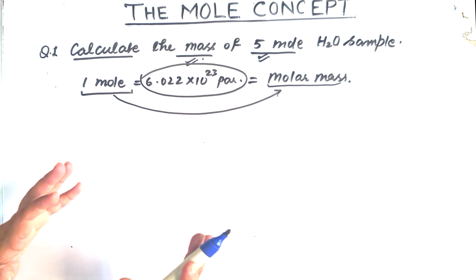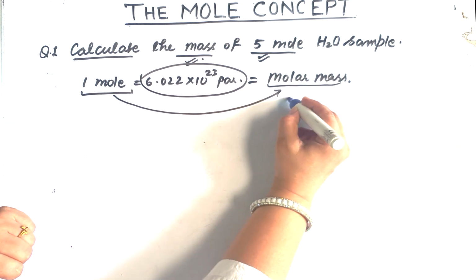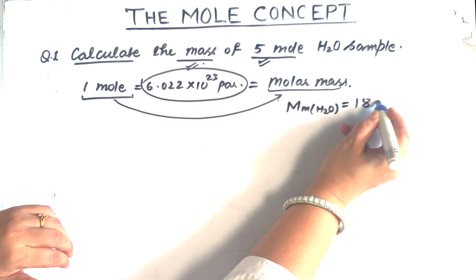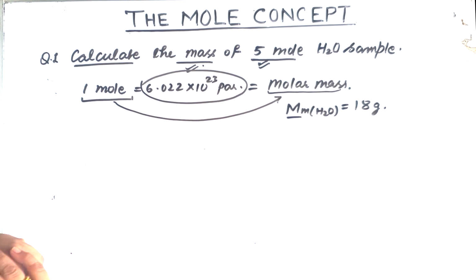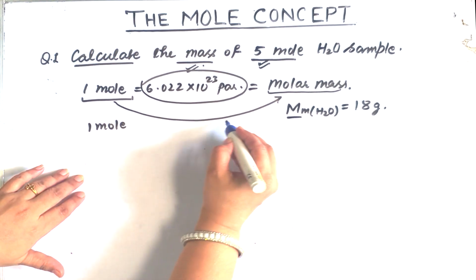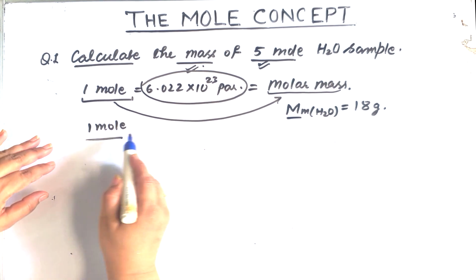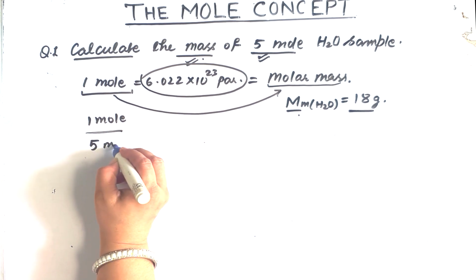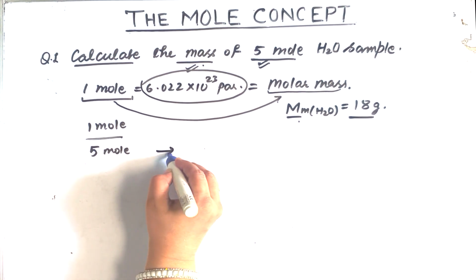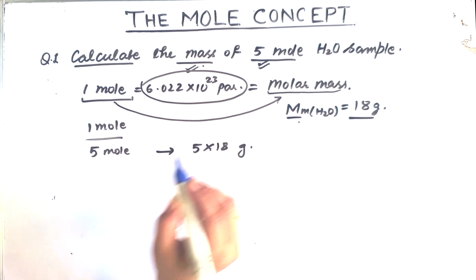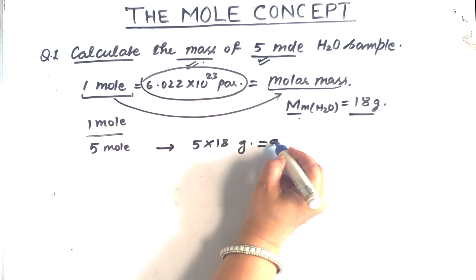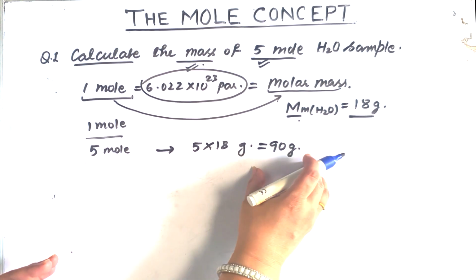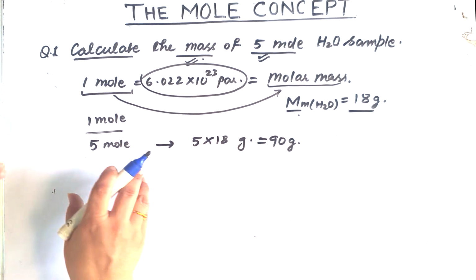So first of all, whatever is given, you just take out its molar mass. Here I have already calculated the molar mass of water, and this is 18 grams. So 1 mole is given to me, and I know that 1 mole of water has 18 grams of mass. That means how much will 5 moles of water contain? That is 5 into 18 grams. It becomes easier. So this is 90 grams of water. So isn't it easy that if 90 grams of water is weighing, it means there are 5 moles of water sample?